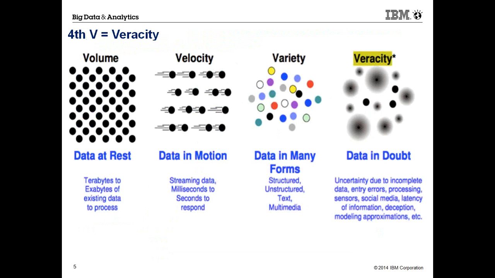But the 5th V, which I'm actually establishing over here, having spoken about the 4th V, which is the veracity, the 5th V is the visibility of the data. So when you talk of a system of insights, coming from system of records to system of engagement to system of insights, we're talking of the visualization that you're going to get in a data for you to be able to do slice and dice of a data, for you to be able to do what-if analysis and predictive analysis.